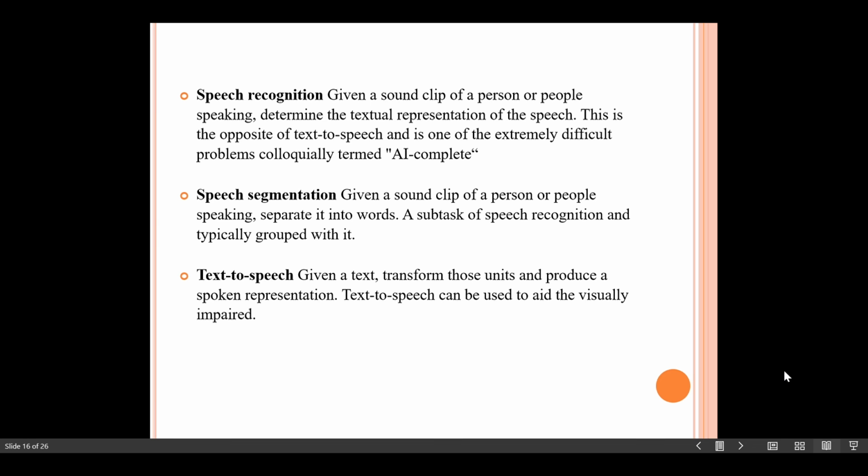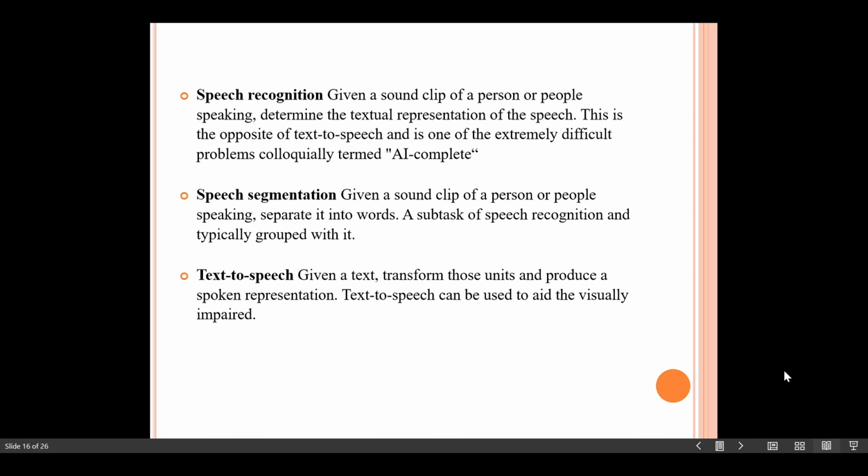Determining the text representation of speech from a sound clip of a person is called speech recognition. Speech segmentation is a subtask of speech recognition; it separates the sound clip into words. Then another problem is text to speech, where a text is transformed into a spoken representation.